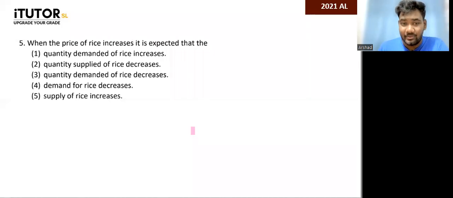So we'll start with the 2021 paper. Give me answers fast. When the price of rice increases, it is expected that what will happen? Quantity demand of rice will increase, quantity supplied of rice will decrease, quantity demanded will decrease. What will happen? Yes, quickly, come on. When the price of rice increases, the quantity demanded for rice will decrease, or quantity supplied can increase, whatever the